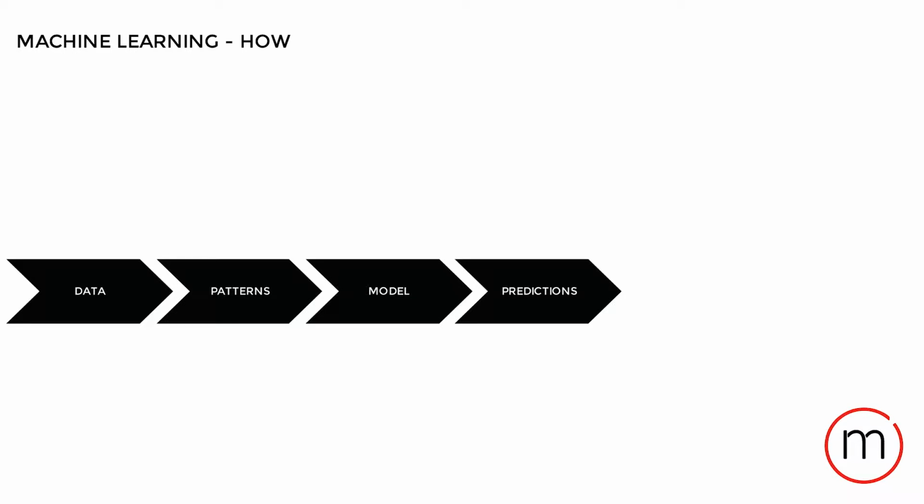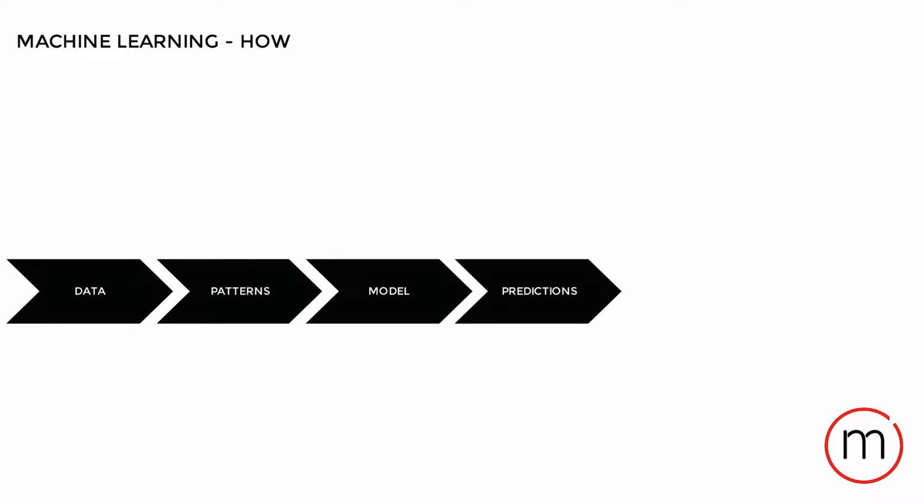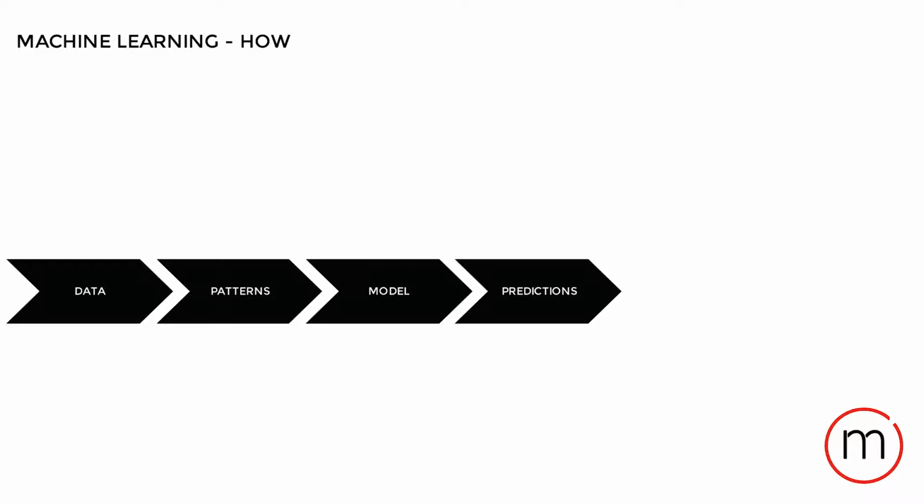To be able to make computers learn, there are 4 steps we have to go through. The first step is we need data. We need a lot of data because it's statistical algorithms that computers will use to get through that data. So just a couple of 10,000 items is not going to be enough. We need millions of rows of data to be able to make good models. If we have that data, we need to organize it in a way that computers can detect patterns. So we'll probably run a lot of statistical algorithms on that data to see if the computer can come up with some patterns in that data. And if it can, we can build a model out of that, and then we can use that model to make predictions with new data we have.